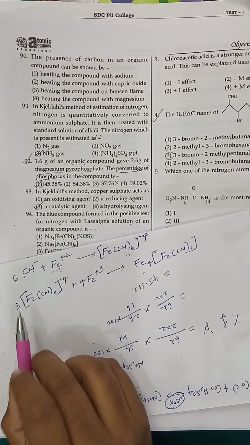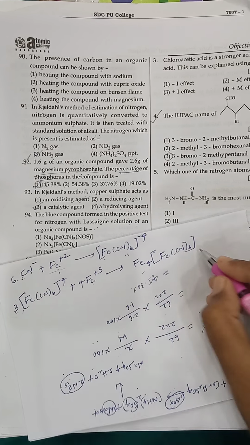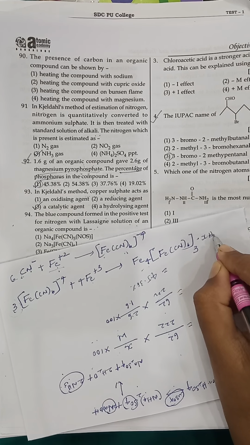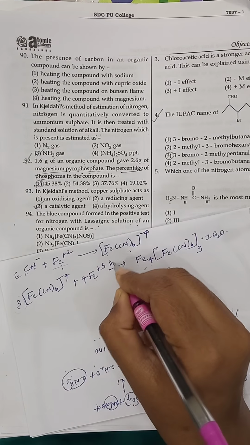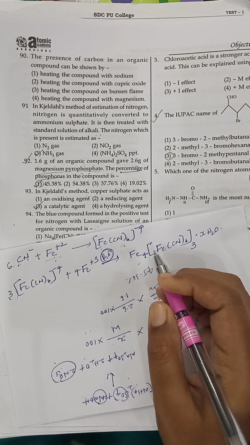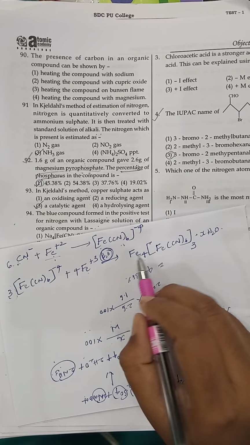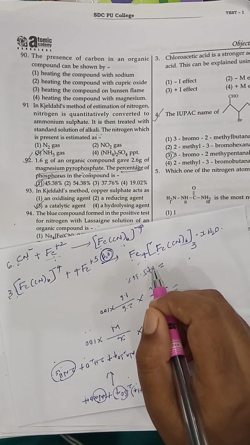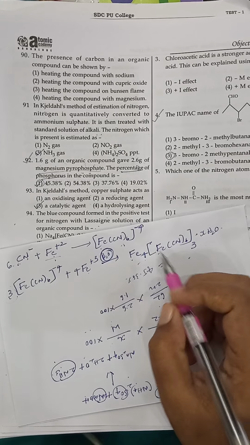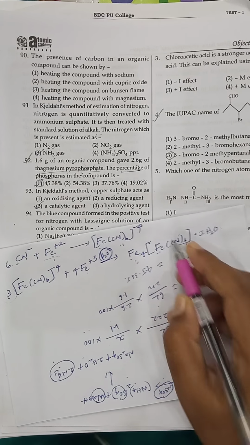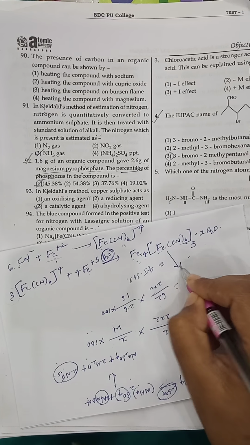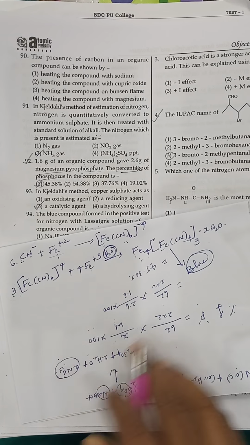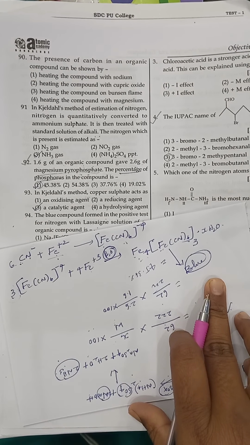Now this group is in how many moles? 3 moles. So we write Fe4[Fe(CN)6]3 dot xH2O. The total reaction takes place in water system, water as a solvent. So then the Fe4[Fe(CN)6]3 dot xH2O compound is created. That means ferric ferrocyanide is formed. Due to the formation of this ferric ferrocyanide, the total color of the solution changes to blue.